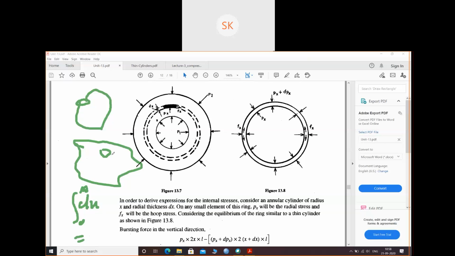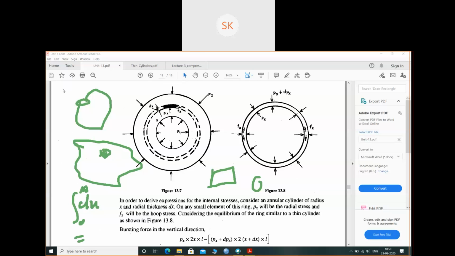You know this part, right? We can easily find the stress in a specified structure, like a square or circle, but for an irregular surface you cannot find the stress directly. So you take out a small section like dx, and you integrate over the whole area to get the stress over the whole section.